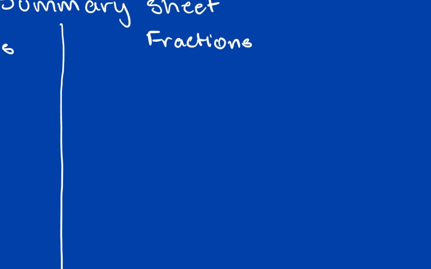Okay, so I'm going to go through just the fractions that you need to know, the main fractions for the test, which is adding, subtracting, multiplying, dividing. Okay, so let's do adding first. And my example is going to be 2/3 plus